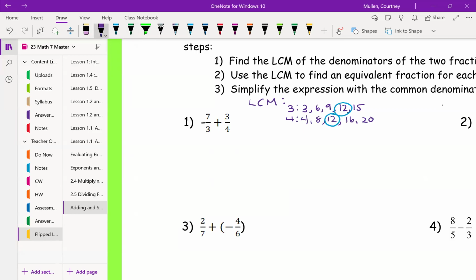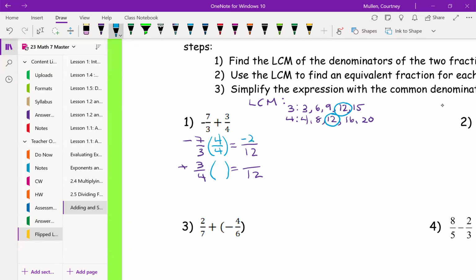So now we have to use the LCM to find an equivalent fraction for each of the addends. So we have -7/3 plus 3/4. And we know that we want each of these to have a denominator of 12. So we have to figure out, what do we have to multiply each fraction by to make that happen? So what times 3 is going to get us 12? Well, it's 4, so we're going to multiply 3 times 4. But if I multiply the denominator, I also have to multiply the numerator, because multiplying by 4/4 is really just multiplying by 1, and anything times 1 is itself. So then -7